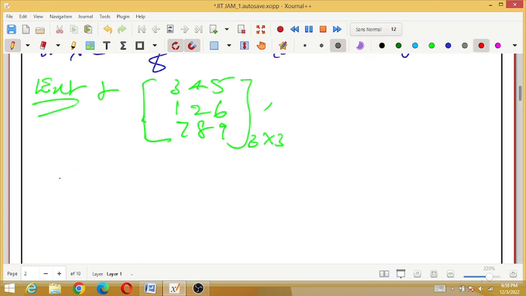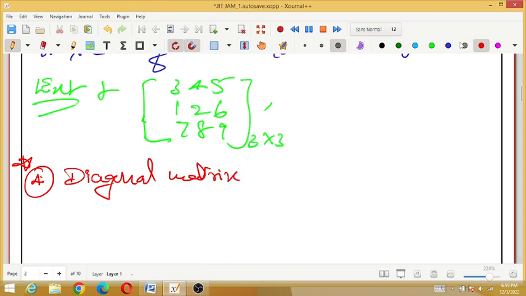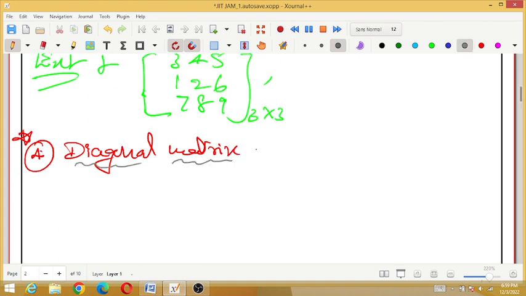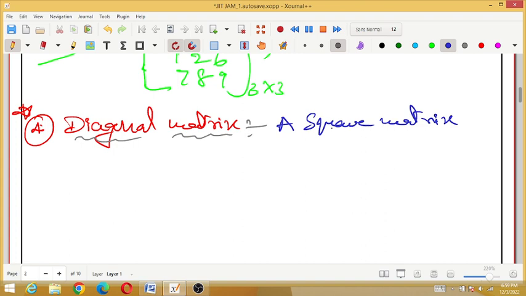Next, one more important type, that is the fourth one. This is important: diagonal matrix. Remember it, it is very, very important. A diagonal matrix is nothing but a square matrix. For giving the definition of a diagonal matrix, we are discussing a square matrix. So a square matrix is called a diagonal matrix